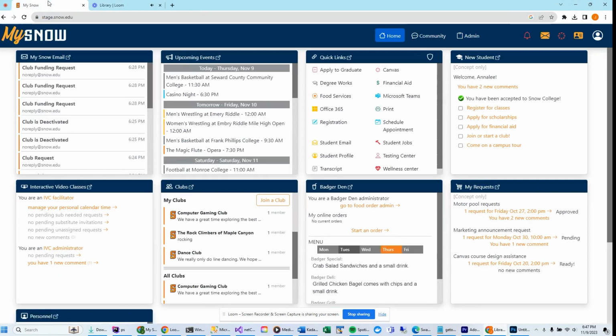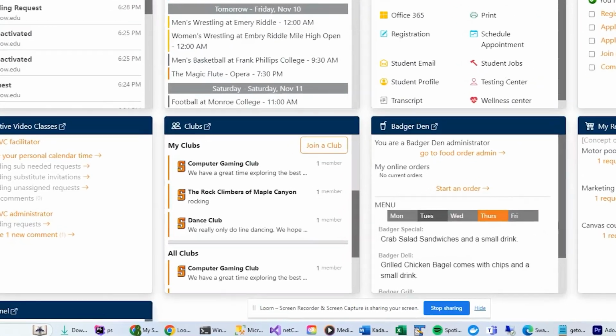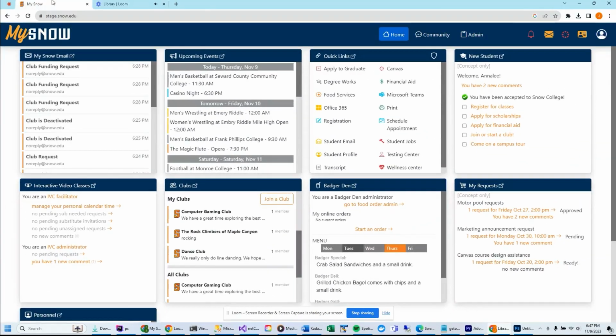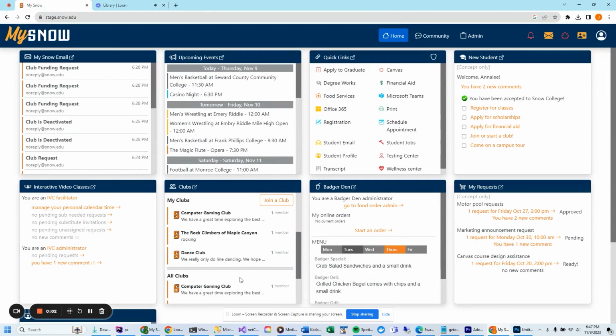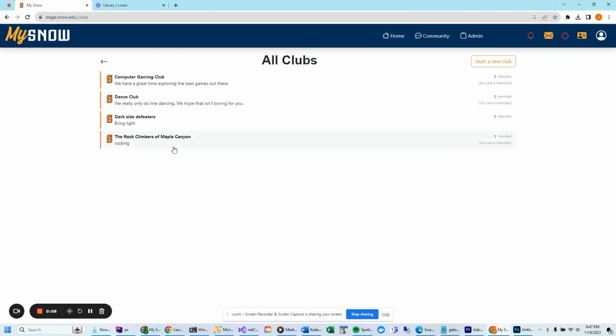We are demonstrating here the club setup, club funding, and approvals. So we're just going to focus right there on that card on the front for clubs. A student here looking at clubs to join a club doesn't see one that he wants, so he starts a